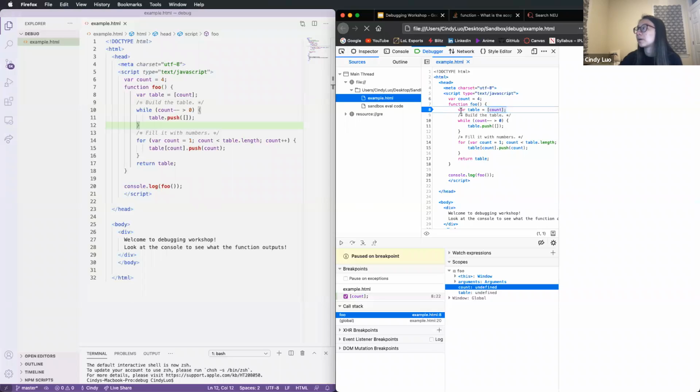So once we find out that the count is undefined, this is the first strategy that we can use to identify a rough idea of where the problem could be. And the second thing we can do is to use some print statements, which is the logging strategy that we talked about earlier,